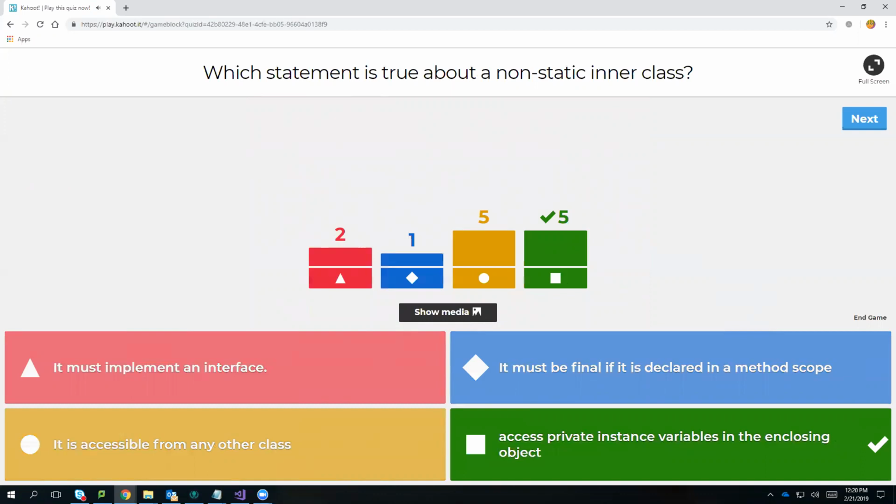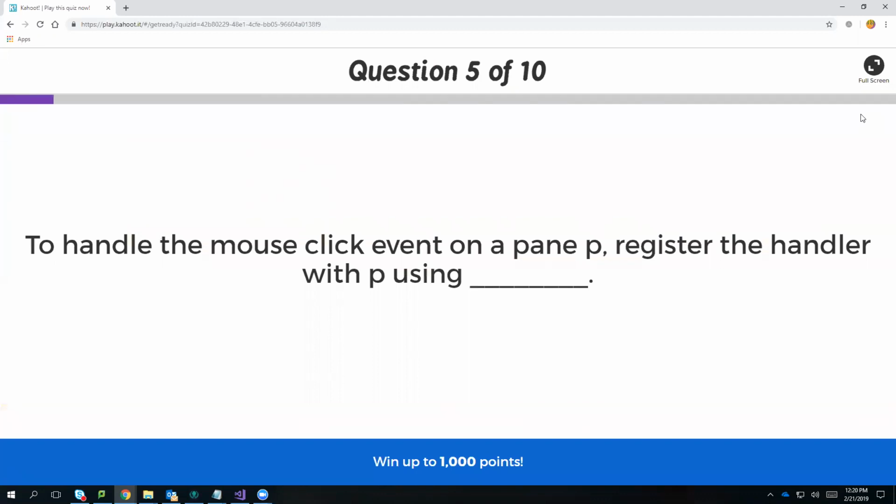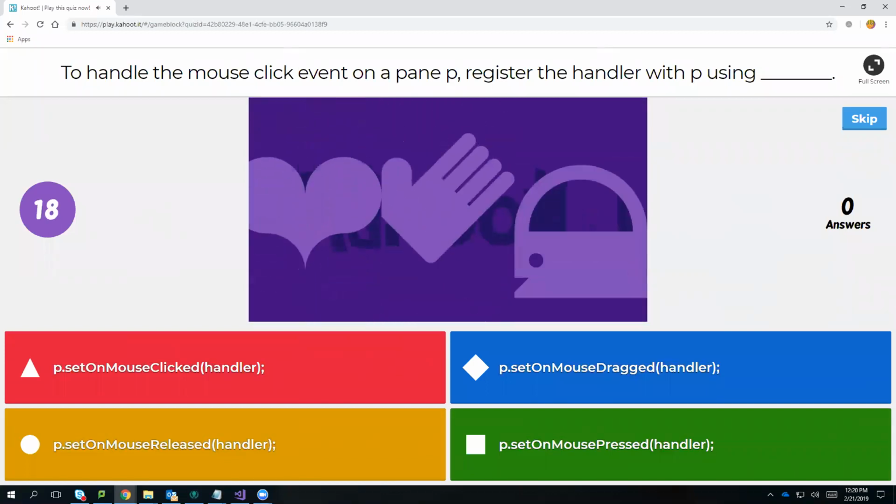So yeah, it can access instance variables or class variables from the class that it's within, even though it's kind of hidden. Okay, to handle a mouse click event on a pane P, register the handler with P using